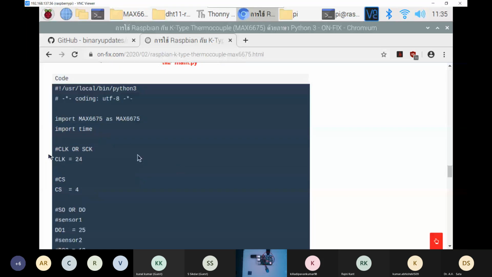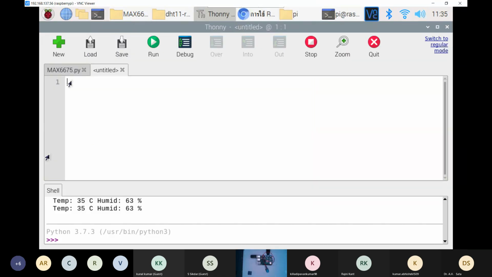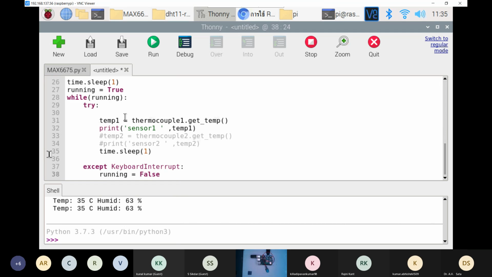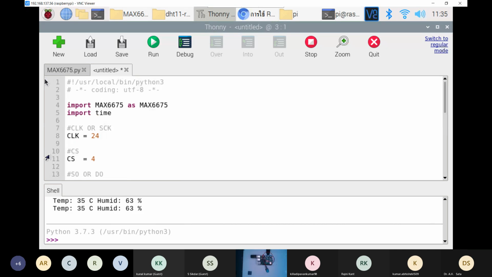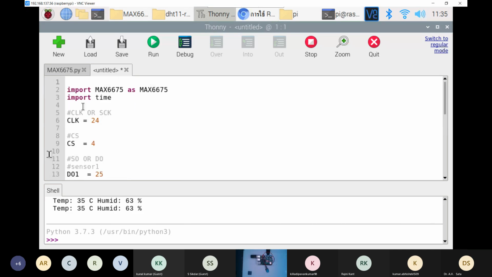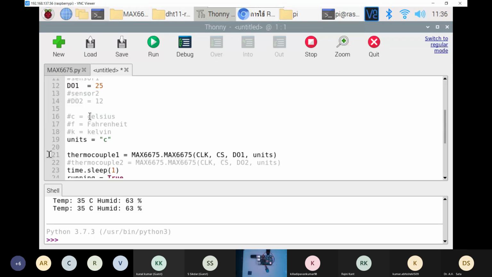We'll copy this one and put it over there. These are the coded lines, and we'll remove them and try to make it clean.